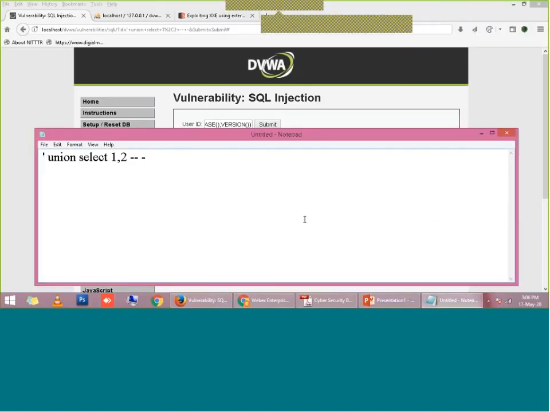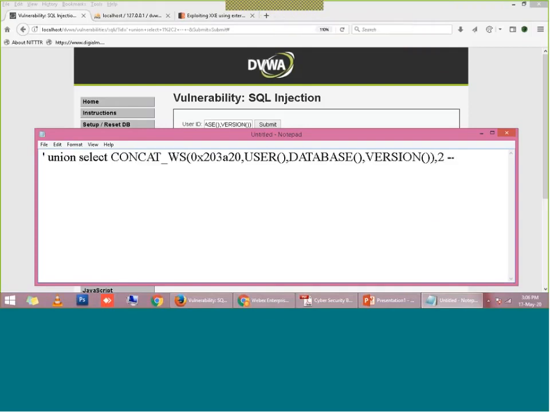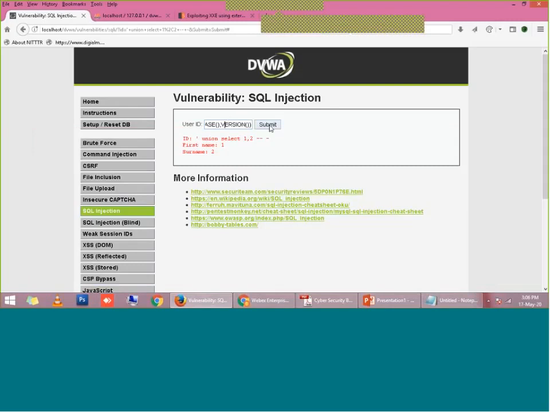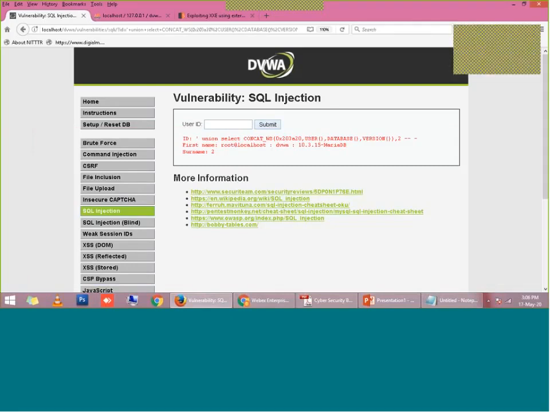So what I am going to do is enter my payload in the place of 1, and submit this query. When I submit this query, it shows the root username and the current database. You can see it is showing the username root, that is root at localhost, and the database name being used by this query, right? So this was the first payload which I have performed.